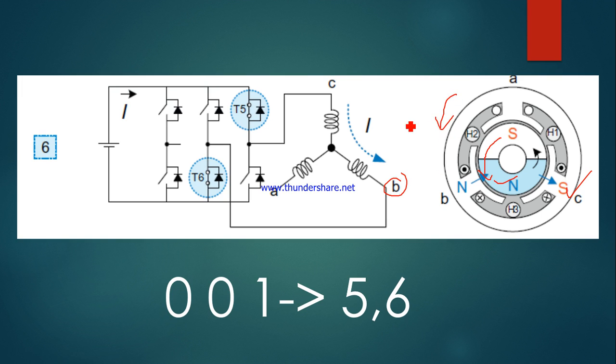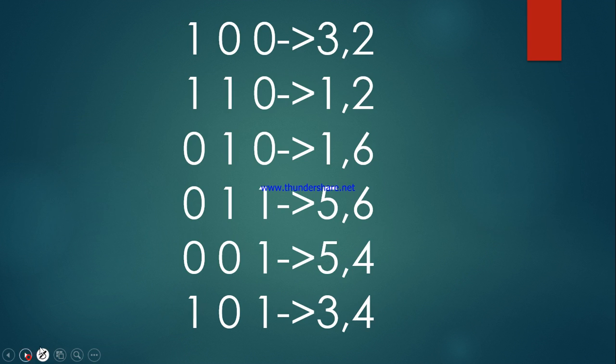Now, if you want to do that rotation for this particular construction, then you can generate your switching sequence. It is like this. For this machine, it is like this. You can do the same thing by yourself. Whatever I have explained so far, using that you can do that. With that, I will go for the simulation.